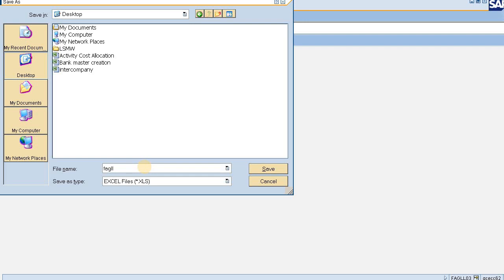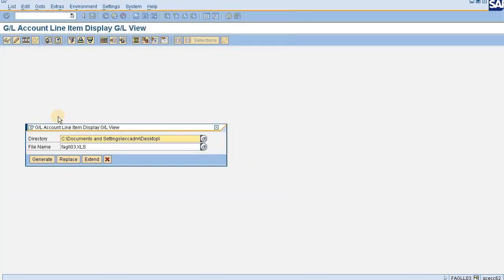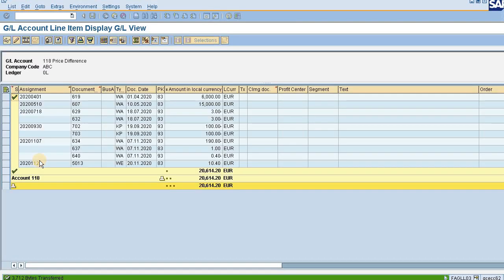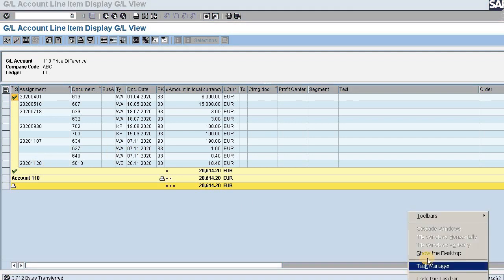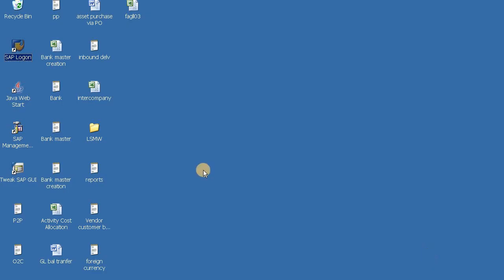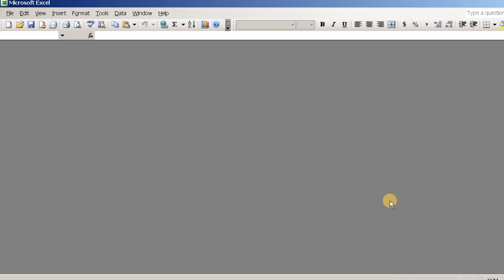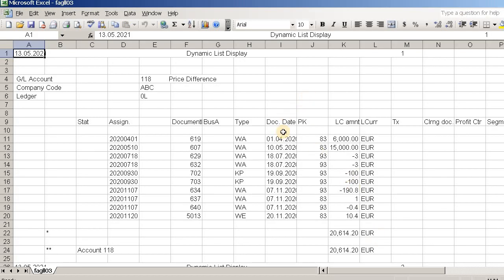I am giving a name here and just pressing the save button. It will save and it will open up the Excel file. So it is exported. Now let me show you the Excel file which has got exported just now. See, this Excel file has got exported.